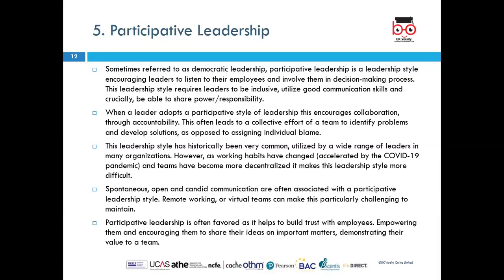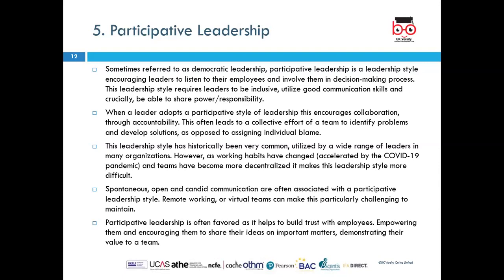If everyone has a say, everyone is included in that leadership position, it becomes more difficult because everyone then has a different idea, and there's not one centralized vision. So open and candid communication is acceptable, but then again you have to have a balance between all of these leadership styles. There could be leadership styles where all five of these are incorporated, and it really depends upon the situation.